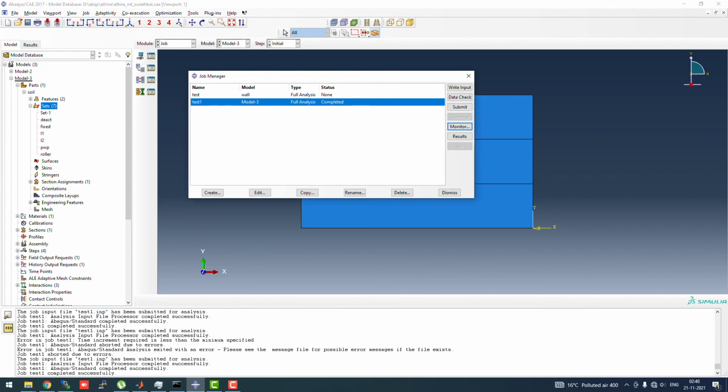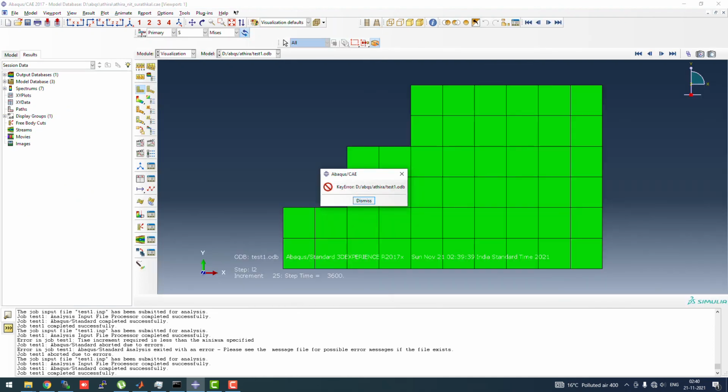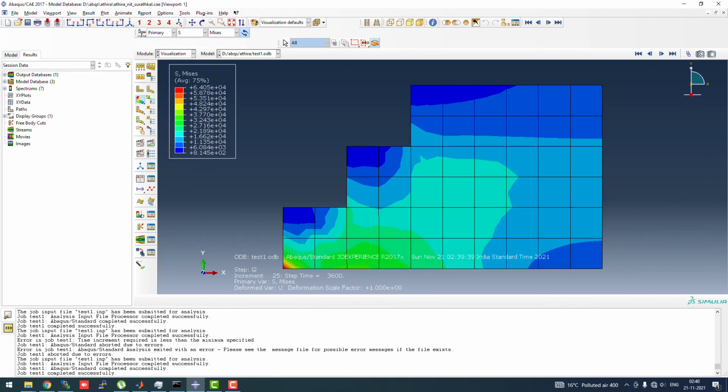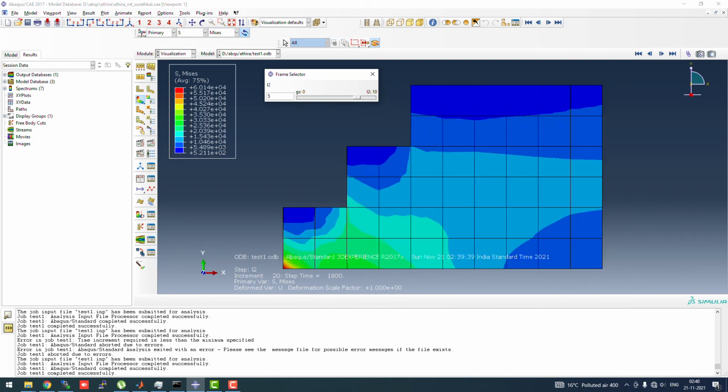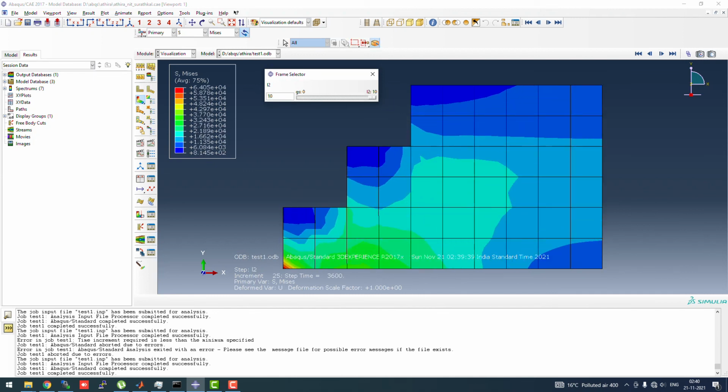You can see that the job has been completed. Now we'll go to monitor. It is slightly different from the previous job, maybe because I forgot what the actual elasticity and plasticity values are. But anyway, we'll see the results. It should be almost the same. As you can see, the stress fields are developing like that with the inclusion of each layer. Now we'll see the deformation.